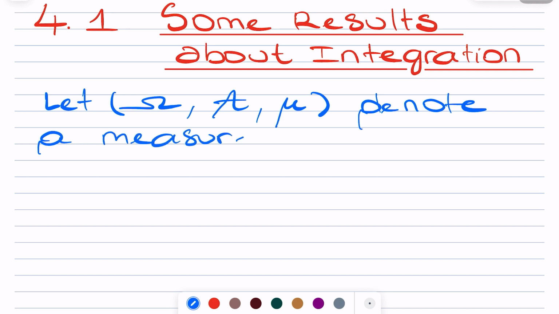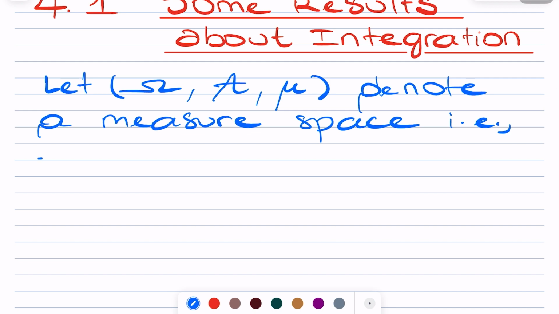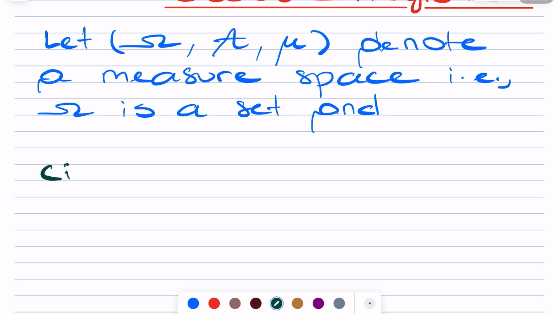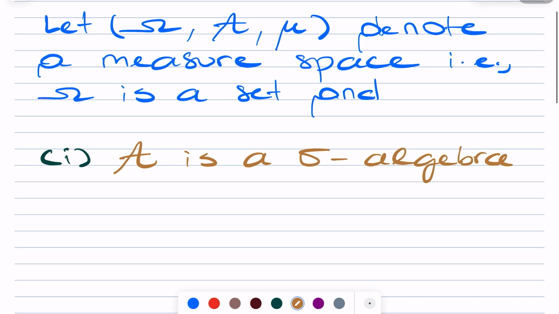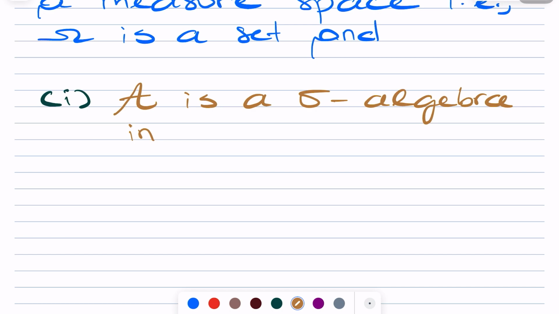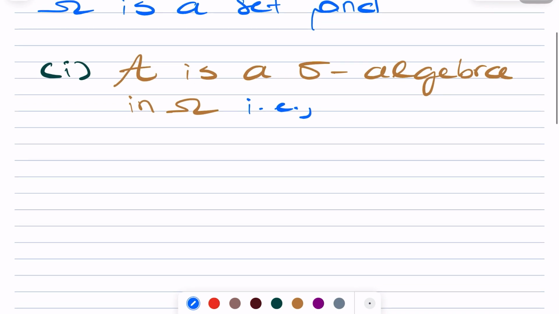Measure space means Omega is a set, and number one, calligraphic A is a sigma algebra in Omega. So this means A is a collection of subsets of Omega